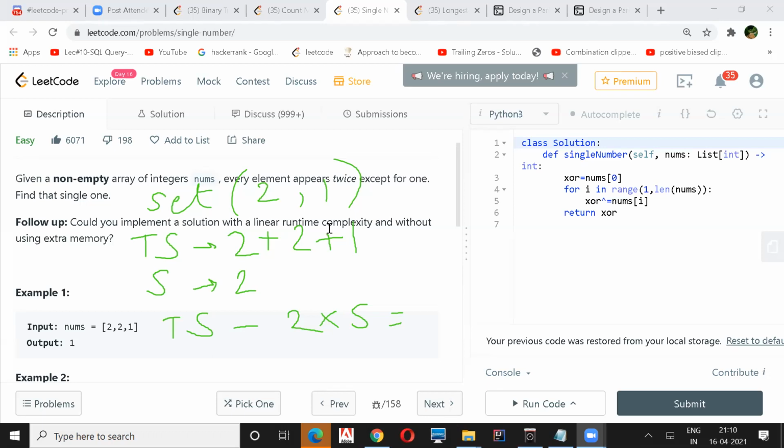Absolutely, that is also one option. If you sort it, then you do a second pass: the first pass is the sorting, and in the second pass you look for the first element which is not a duplicate, and return that one.